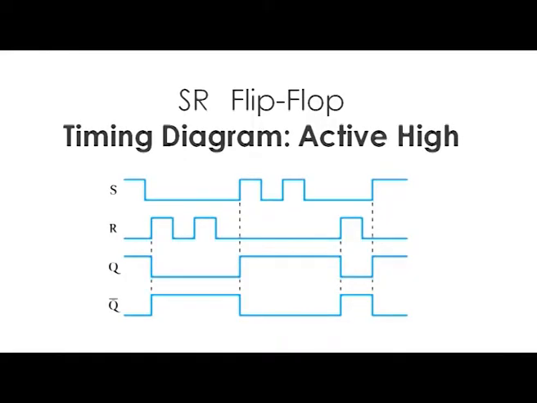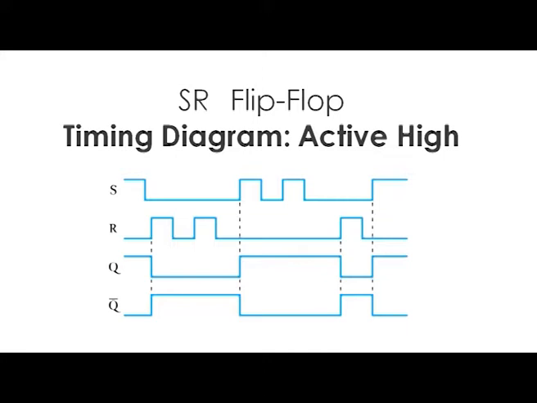Now, watch the diagram. These are the timing diagrams of an active high SR flip flop for the input. You can see the S input and the R input. Can you figure out what would be the outputs Q and Q complement? Draw it yourself, and this is the answer. You see that at first when set is high and reset is low, you are getting the Q value high and Q complement low.